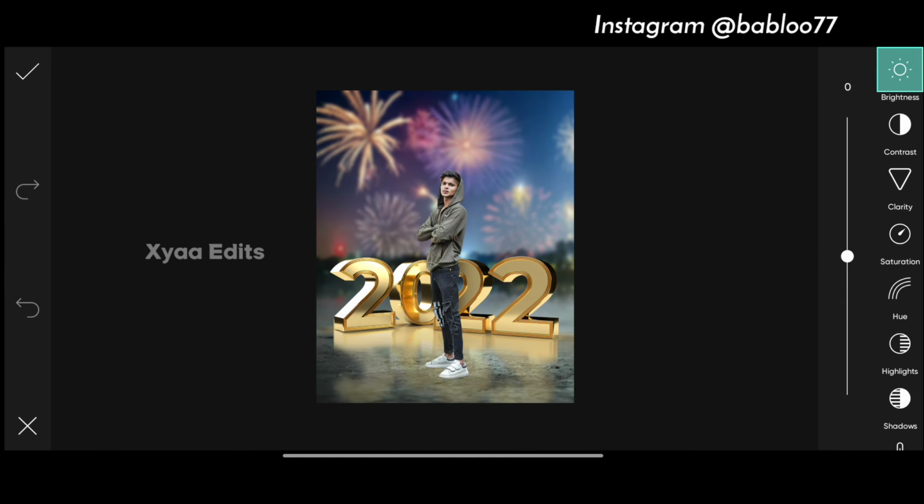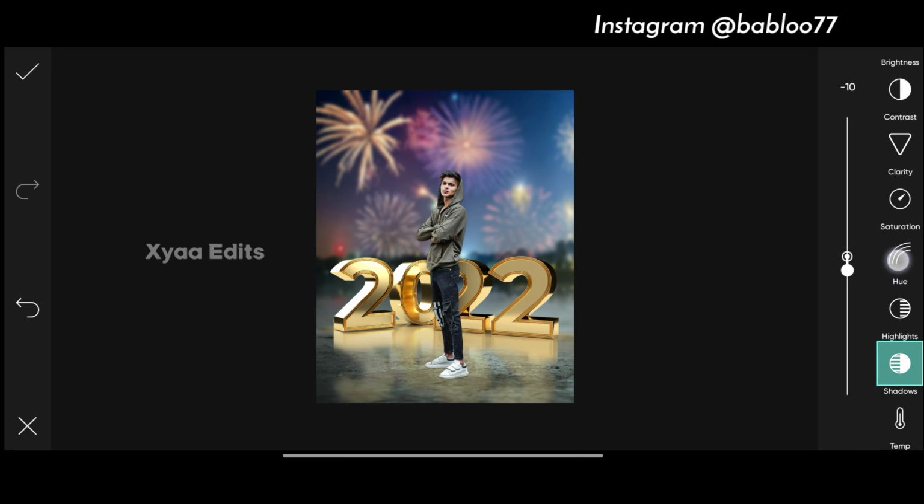Now tap on this brightness, first option, and you have to decrease a little brightness. Okay, -10, and give a little contrast. Okay, +5 like this. And you have to increase a little clarity because the background is like night sky, and increase a little saturation, and as well as you have to give a little highlights, +10, and you have to give a little minus shadow, have to decrease a little bit, and finally you have to give a little temperature, +10. It is perfect. Now tap on tick mark,